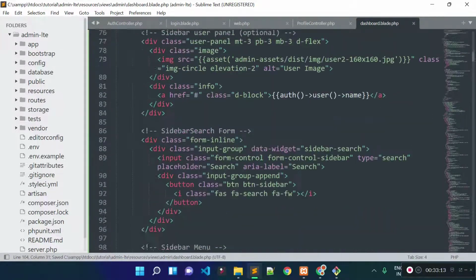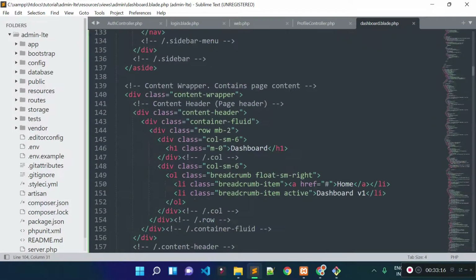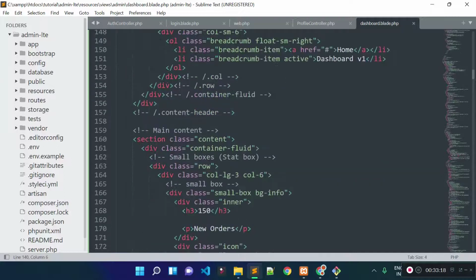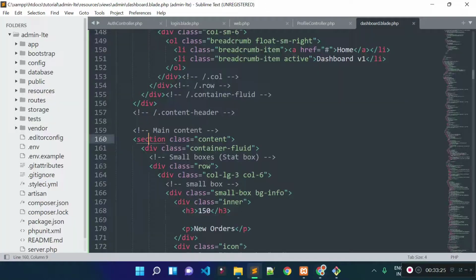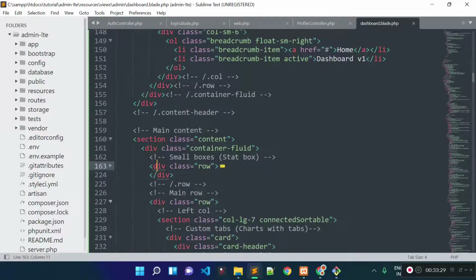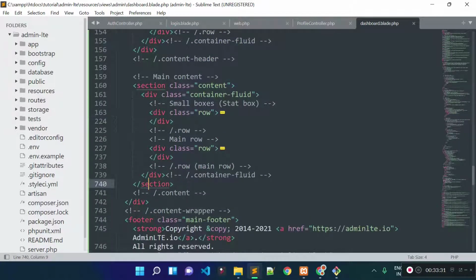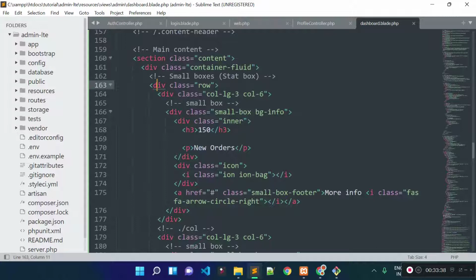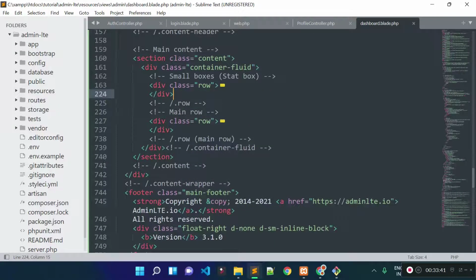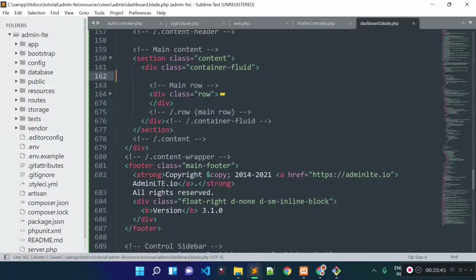Before that, what I will do, I will remove all the code from the right sidebar, right? Because we have lots of cards here. You can provide the cards as per your project's requirement, but I'm going to remove all the cards from the right panel, right? So what I will do, I'll remove this row from here where we have these small boxes, and then I'm going to open this row,